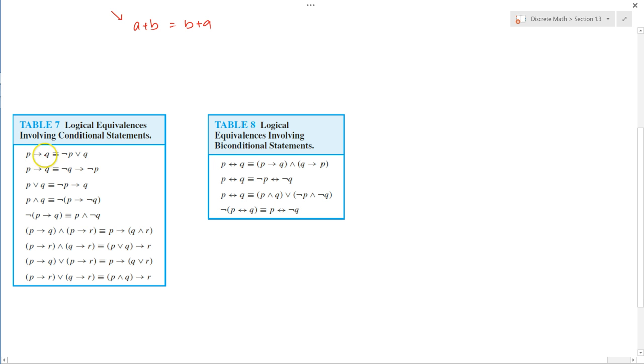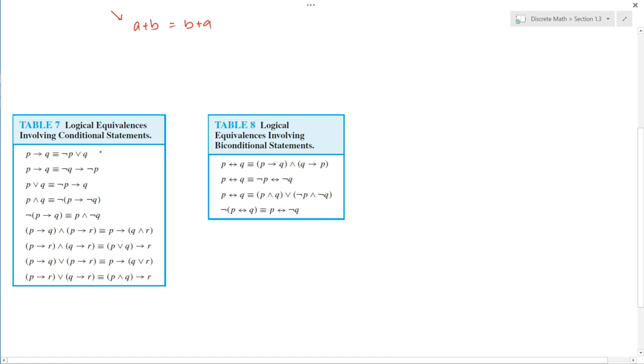So P implies Q is equivalent to not P or Q. This is one of the examples that was covered a few moments ago, and if you recall, I said that we want to add this into our formula back, and there you go. This table lists